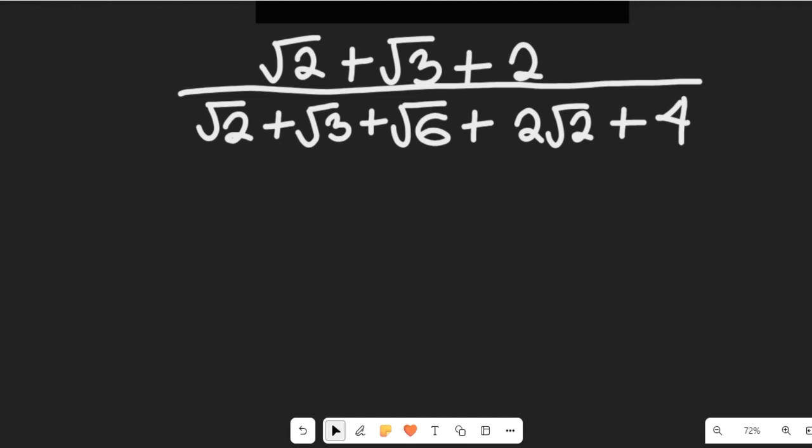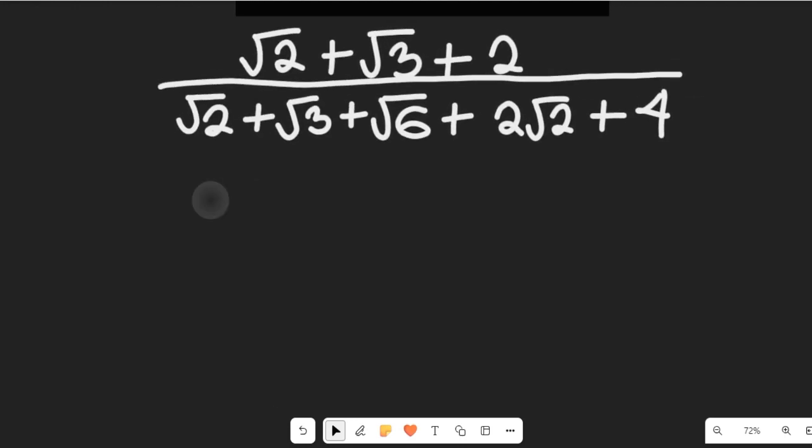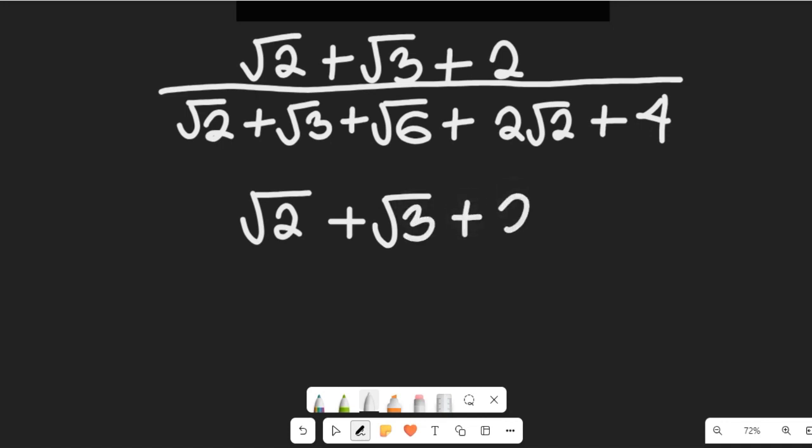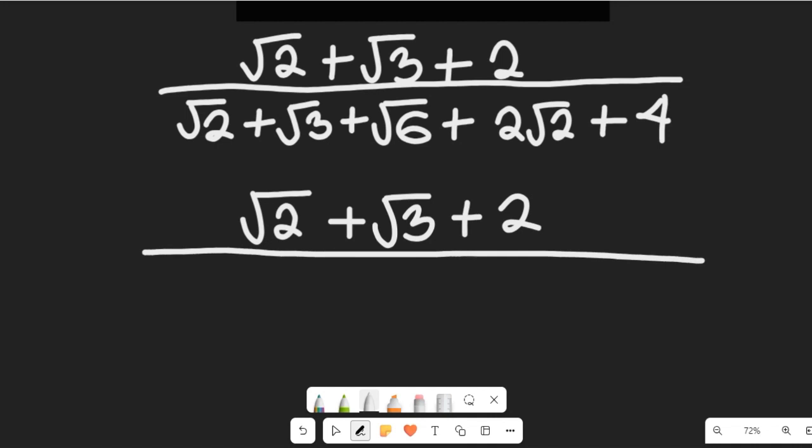This expression will now become the square root of 2 plus the square root of 3 plus the square root of 2. And all these will be divided by the square root of 2 plus the square root of 3